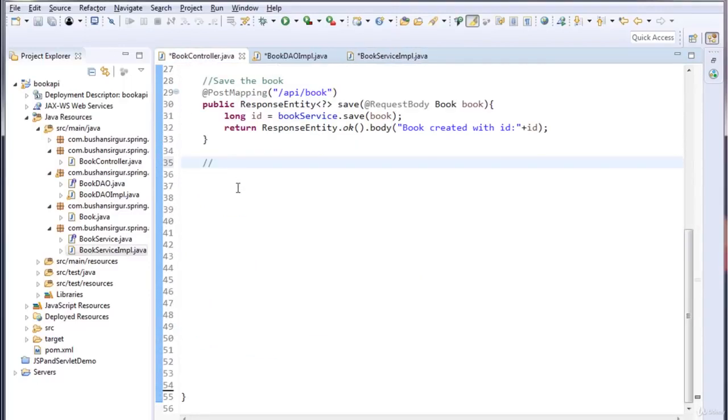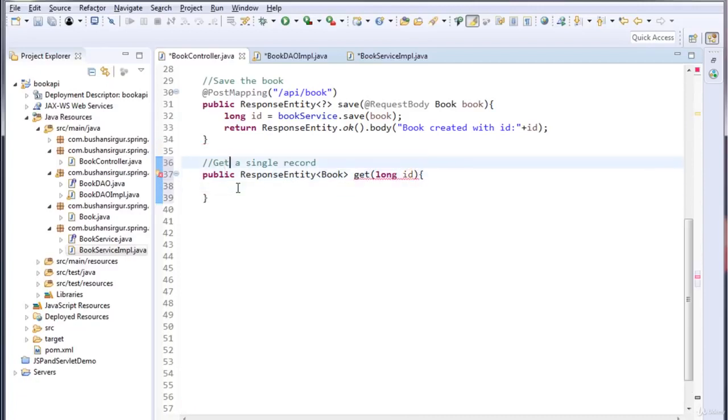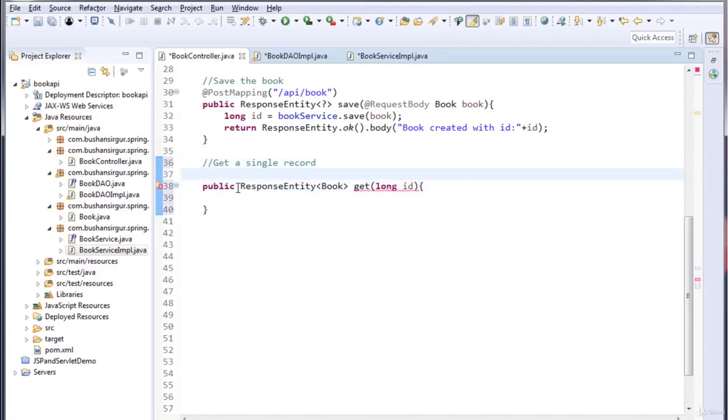I'll write a comment, get a single record. Public ResponseEntity. I'm going to call this get. This will take ID as an argument, and I'm going to annotate this method with @GetMapping because this is an HTTP GET request,